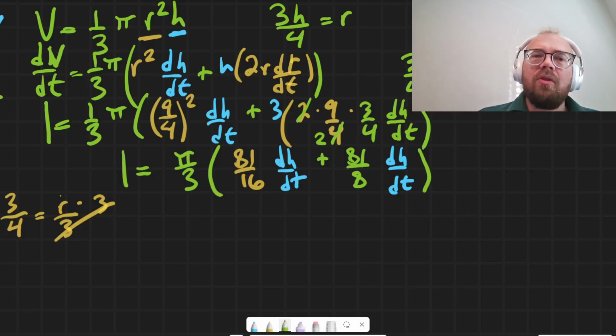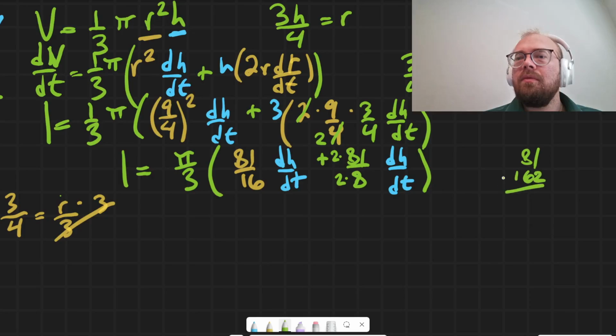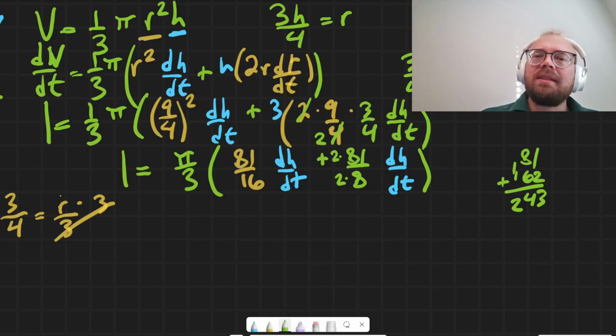Okay, so this is 81/16 and this is 81/8. I'm going to need to times that by 2 in order to add the fractions. So then that's going to be 81 plus 162, double 81, which is really just going to be 81 times 3. So that's going to be 8 and 6 make 14, 243. Sounds about right. 243 is actually a power of 3. So that's going to be 81 tripled. Yeah, so that makes sense. 81 tripled, because then that would still be a power of 3. So then that's going to be 243/16